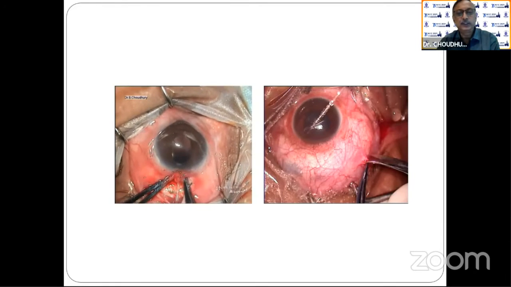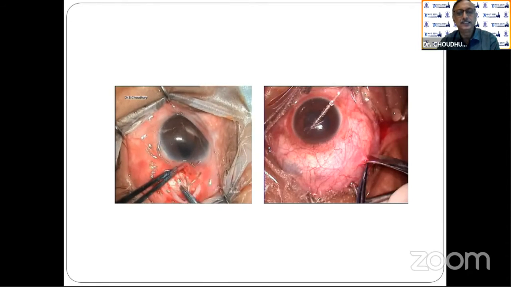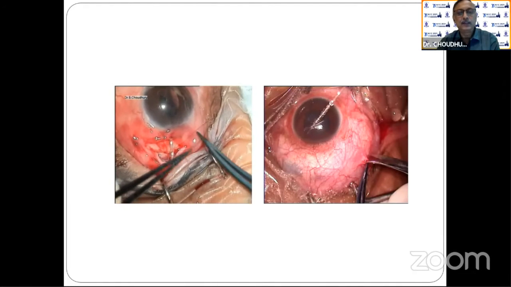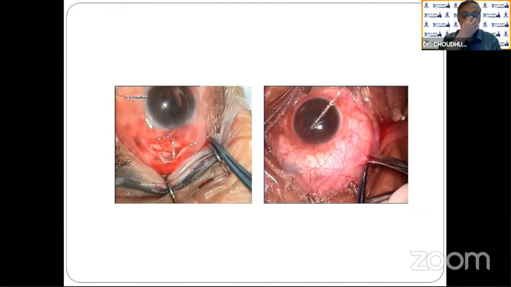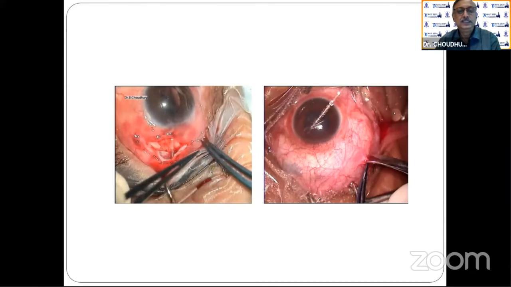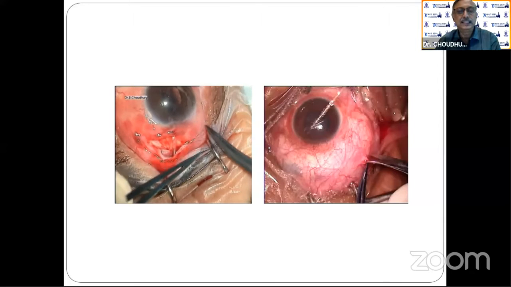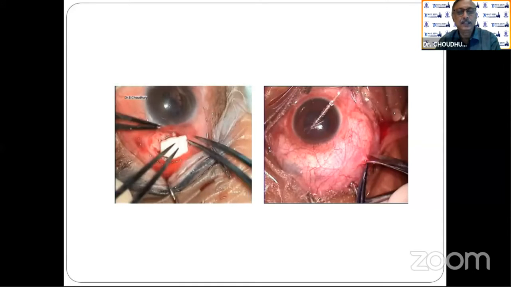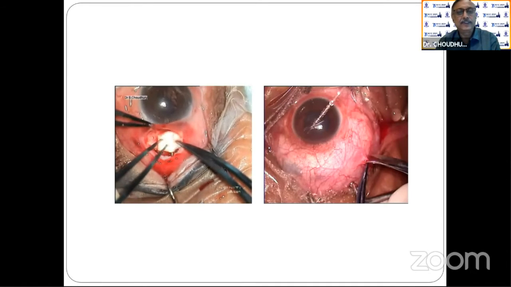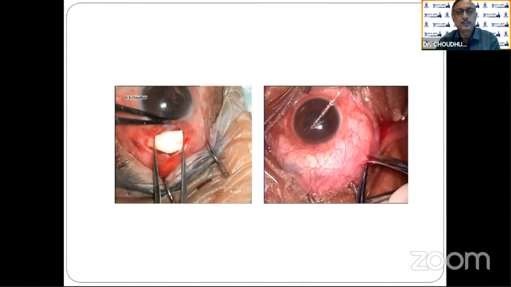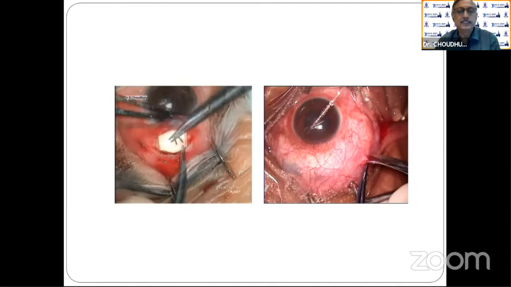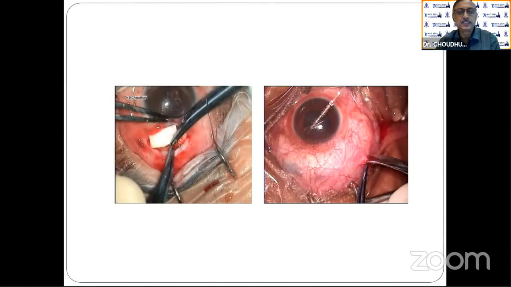And you have to fix the tube because there is a chance the tube may go backward, and there won't be any aqueous drainage from the anterior chamber. So I fix the tube with that same nylon, or Dynamic or Tenon, whatever is available, but it should not be too tight. Then, from cadaveric sclera, a patch graft of about 4 to 5 millimeters is given. The stitch is towards the sclera.